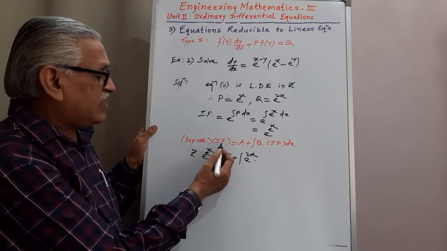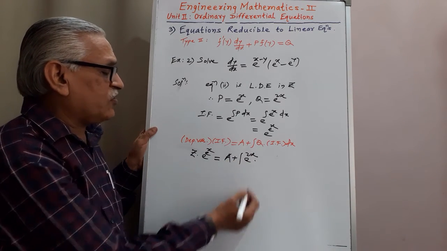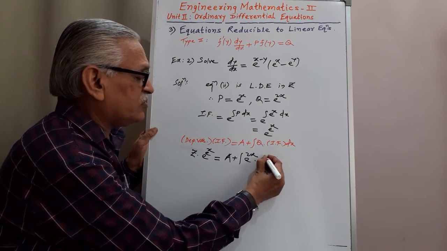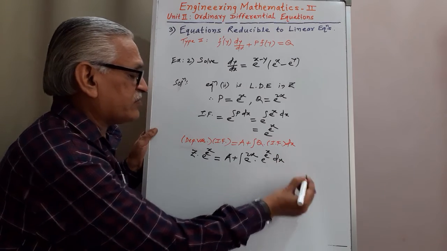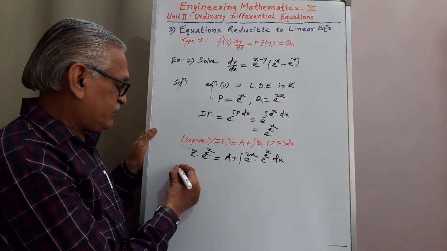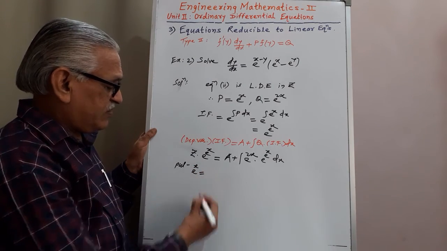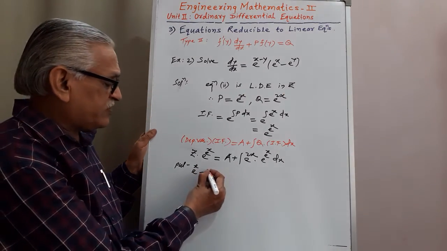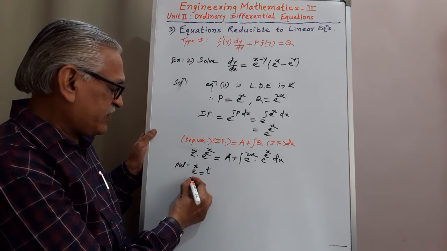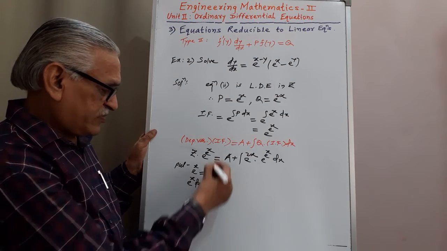Dependent variable z, integrating factor e raised to x is equal to a plus integration of q, which is e raised to 2x, and integrating factor e raised to x, dx. And to perform this integration, we put some new variable for e raised to x. Suppose e raised to x is t. Differentiating it with respect to x, we get e raised to x dx is equal to dt, and therefore